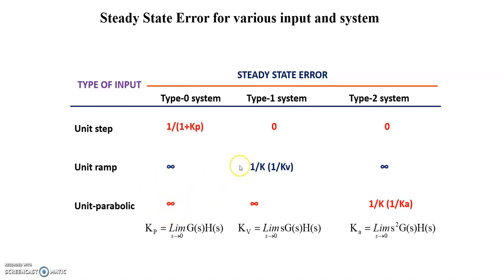Whereas in the type 1 system, the system has zero positional error, a constant velocity error constant, and